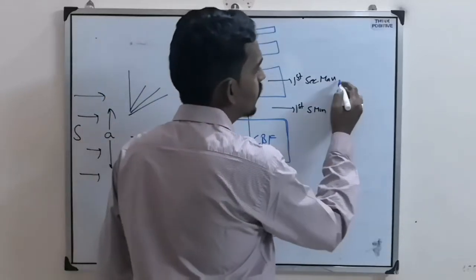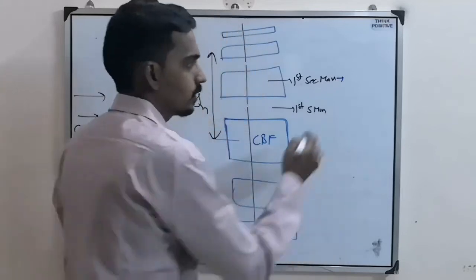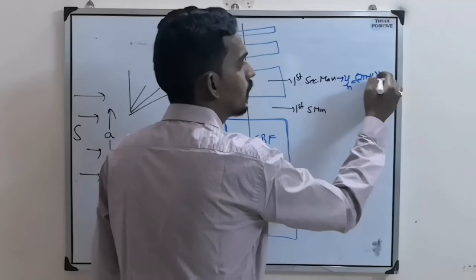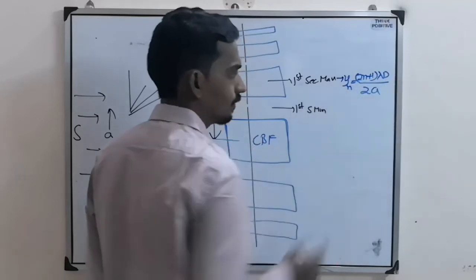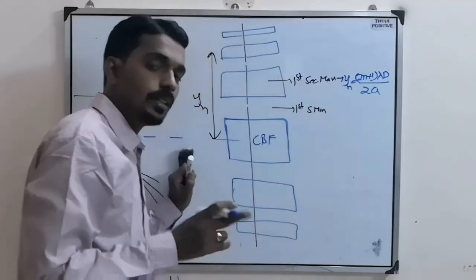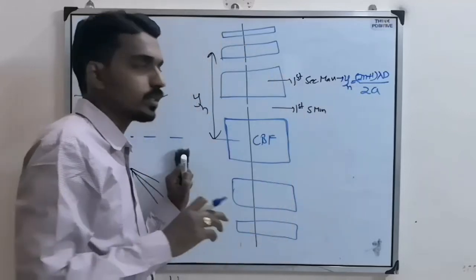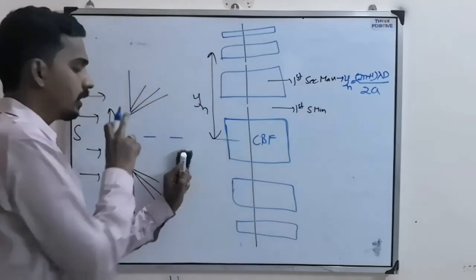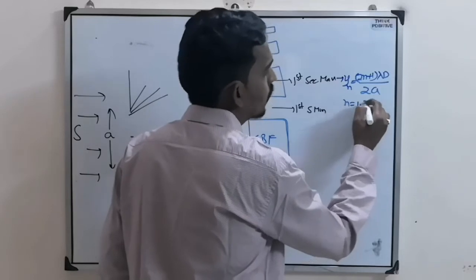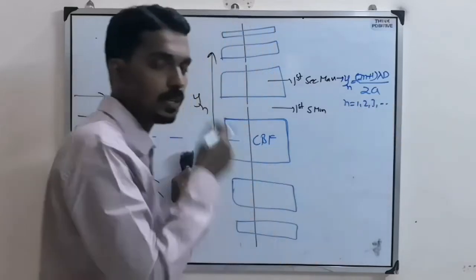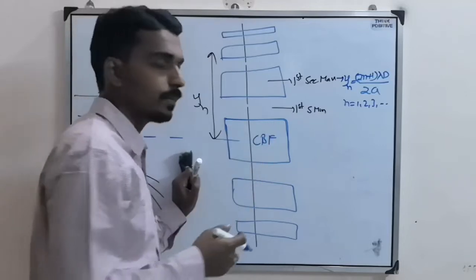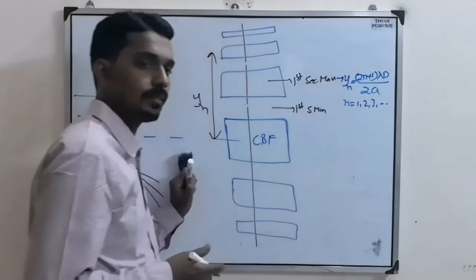So here, in the case of maxima, meaning bright fringe, the distance will be (2n+1) lambda D by 2a. Lambda D is the same as before, a there, D there. D means the distance between the sources and the screen. Here a is the width of the slit. And here n equals 1, 2, 3, and so on. First secondary maxima, n equals 1. Third secondary maxima, n equals 3, and so on.